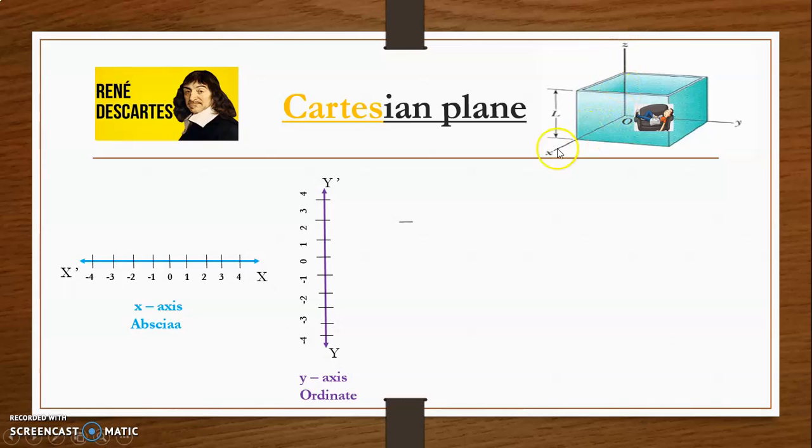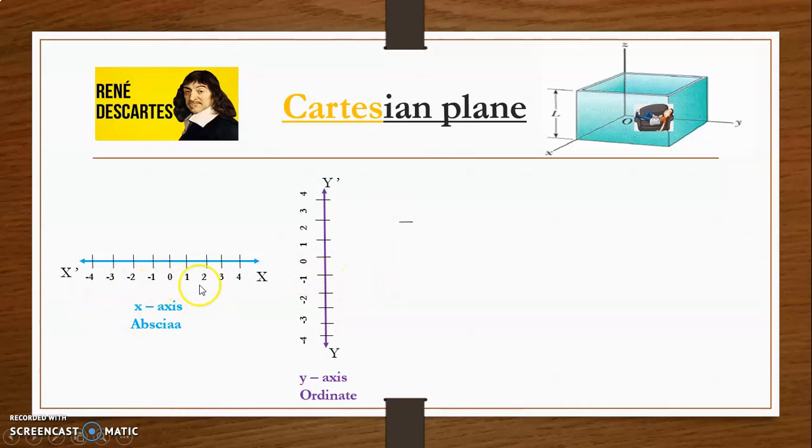And this is what forms the Cartesian plane. This x-axis, y-axis and z-axis form the Cartesian plane. Okay, so in this class in 9th standard we'll use only the x-axis and the y-axis. The x-axis or abscissa and the y-axis or ordinate. So you have already used this abscissa in your previous classes to plot points like integers or natural numbers, whole numbers.